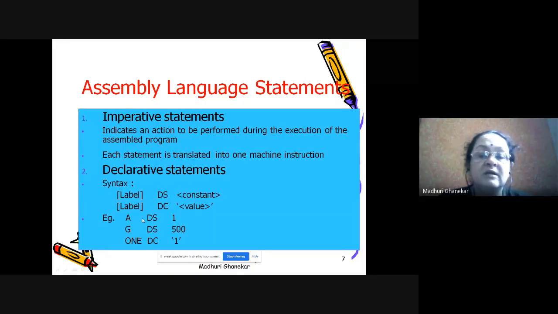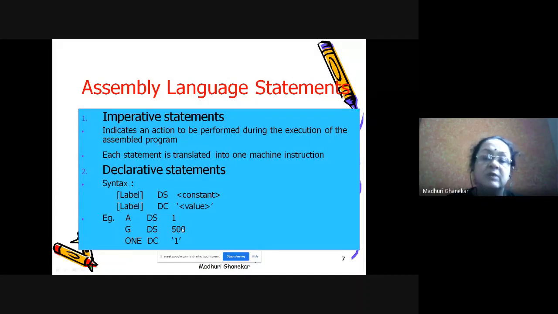So DS indicates declare storage. Whenever you are using DS and whenever you are using DC, there is one small difference. The syntax is apparently looking similar. A DS 1: now 1 is the number of memory locations you require. G DS 500, you are declaring an array of size 500, 500 consecutive locations where you will be storing some values.